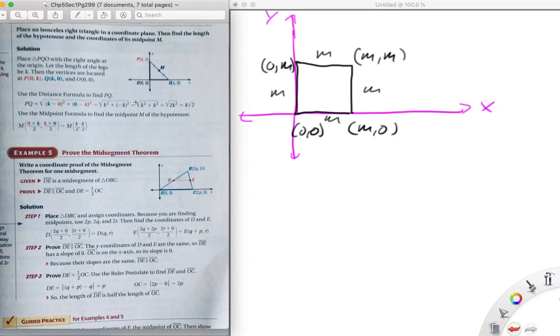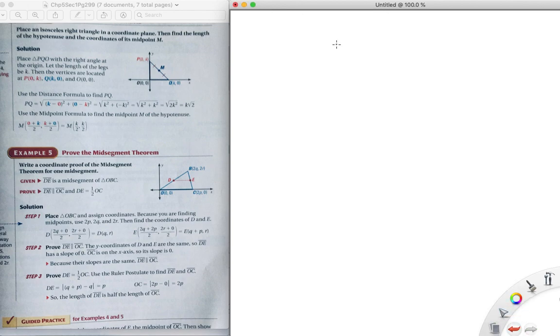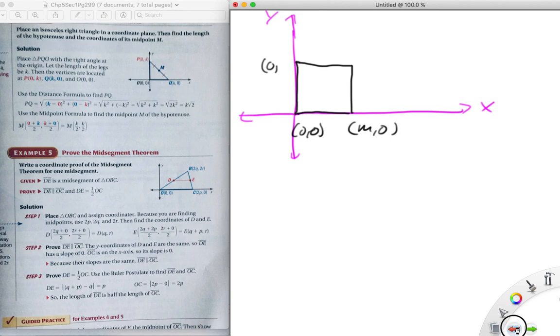Okay, so we just talked about the distance formula versus the ruler postulate. We can also talk about the midpoint, since this is the midsegment theorem. I should have done it in the previous example too. When we have this triangle here, same thing from the example,